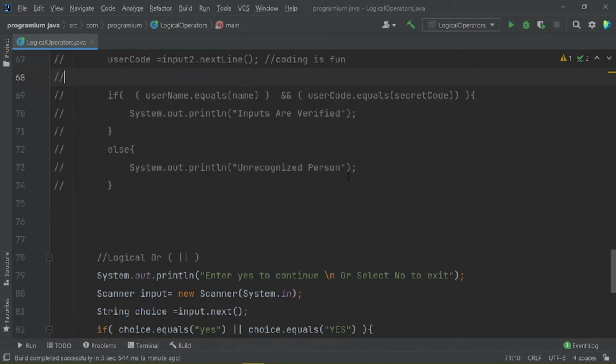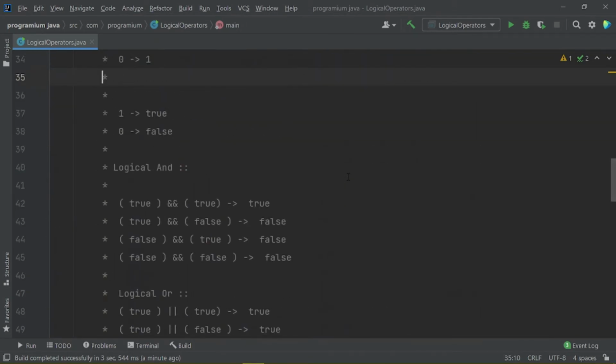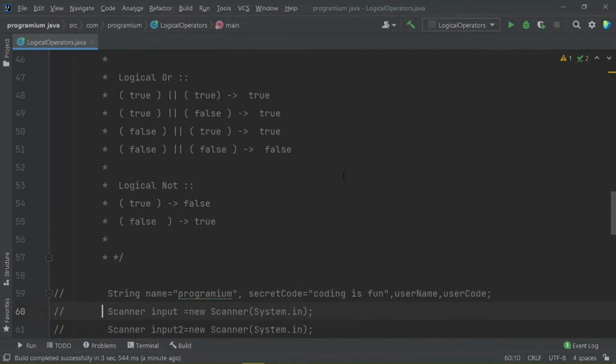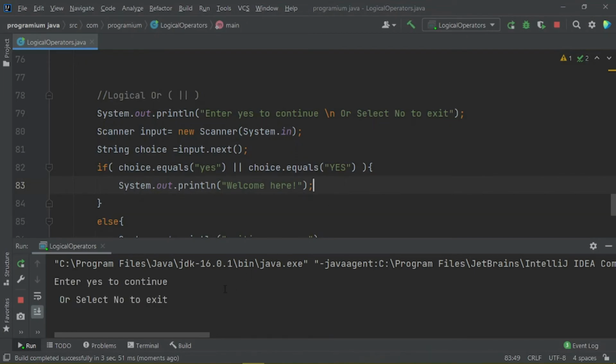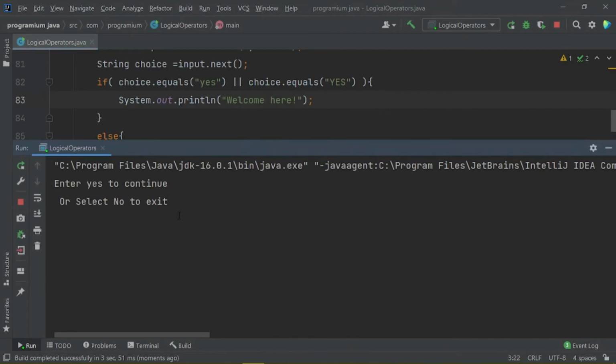So how these logical ORs work, let us see in this truth table, that if one of the values or conditions is true, then the result would be true. So here let me run it again and show you what the results are now.